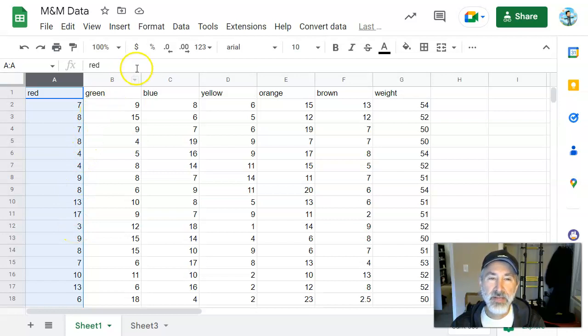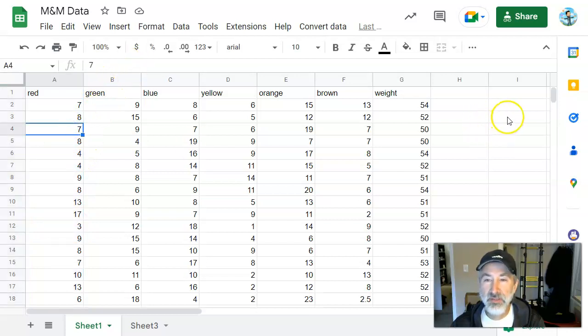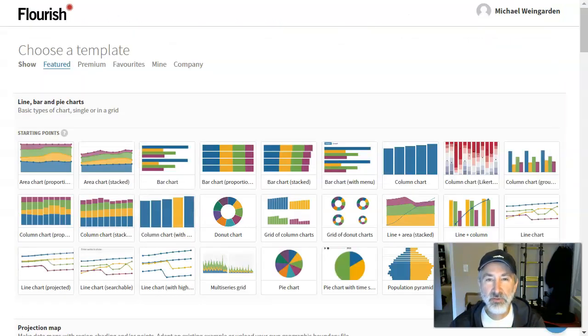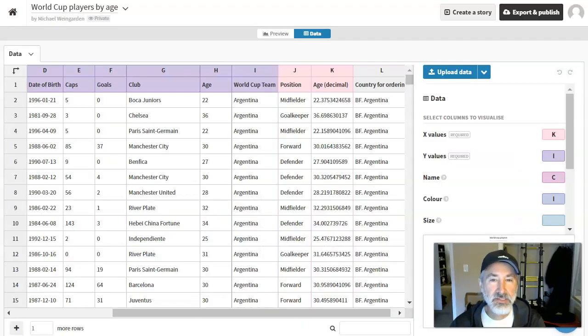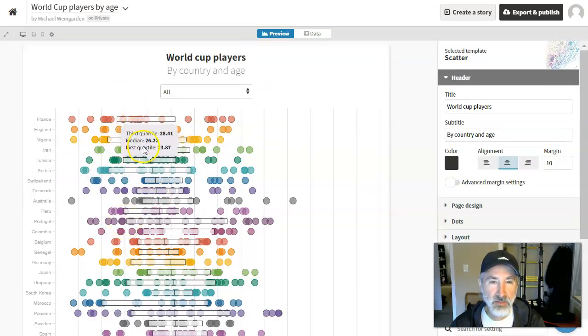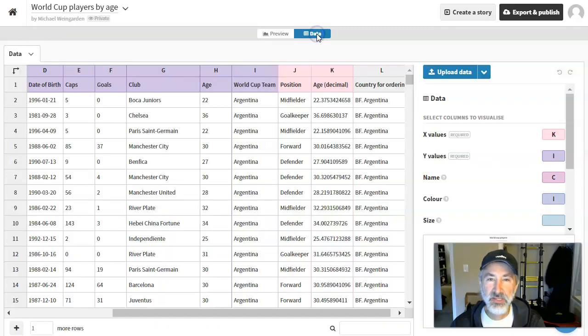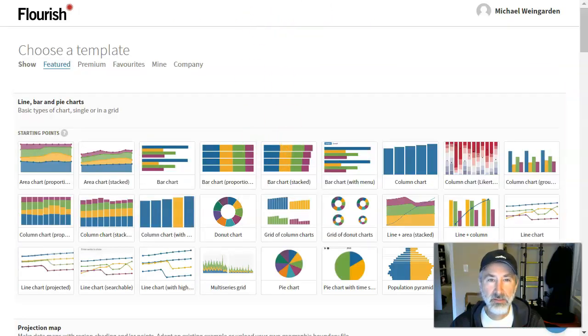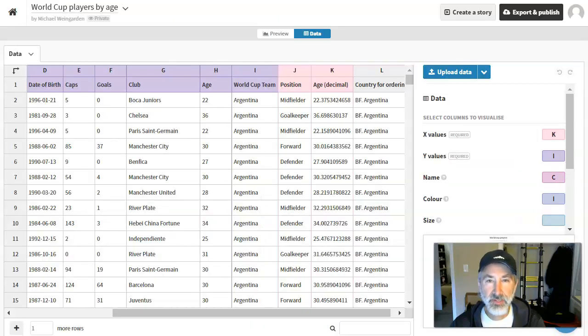Okay. Now, one of the things I was hoping, when I would show you Flourish, was that we could just suck this data in or copy and paste this data. But unfortunately, when I was looking at Flourish, what I discovered is that for these World Cup player box plots, the way the data is arranged, it's not like this. Let me go ahead and get this. The way it is arranged is